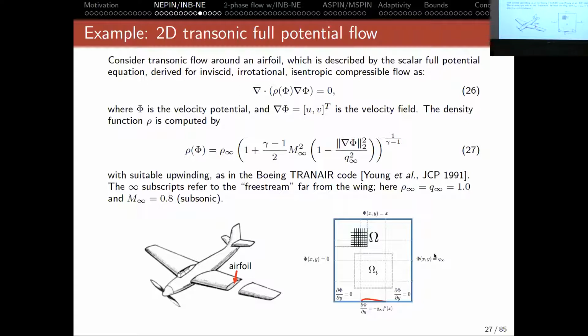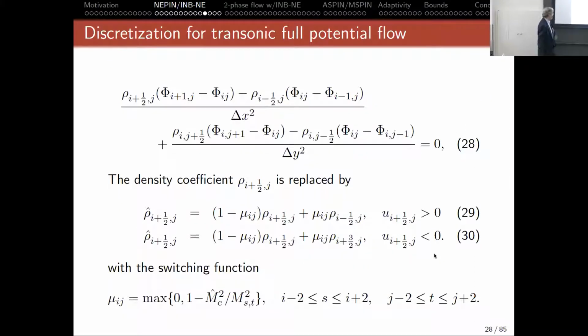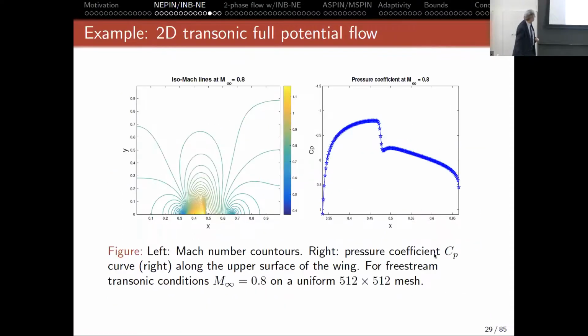This is a formulation they used a lot in the 80s and 90s at Boeing before gluing on boundary layers and viscous effects. And it's indeed there, Boeing's form of density upwinding that we use within this 5-point star, actually extended to an extra pair of points in each of the 2 dimensions, and a standard switching function. And this is a Mach contour plot showing in yellow the supersonic region that forms near the leading edge of the wing, and the pressure coefficient showing the shock.